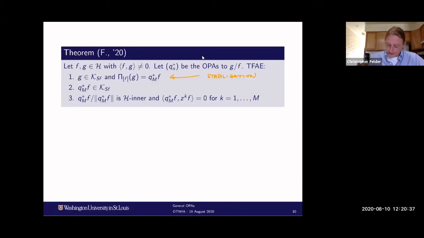Okay. And lastly, just to bring it full circle, when g is just the reproducing kernel at 0, you automatically get this, and you automatically get this. So you have a bit of a nicer theorem statement. Okay. So I will